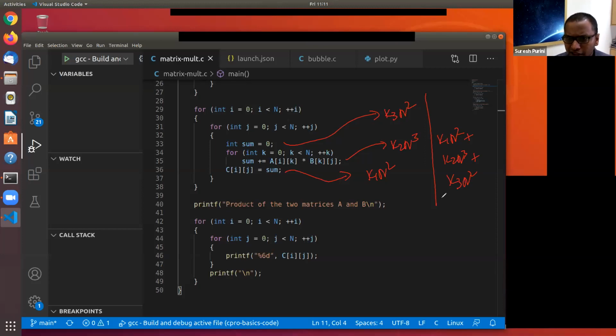but in this class itself, I will justify why you can approximate the total work done as proportional to n cube. Are you with me here on this particular thing, that line 33 is k3 n square, line 35 is k2 n cube, line 36 is k1 n square, and the total amount of work done, we add them up, and